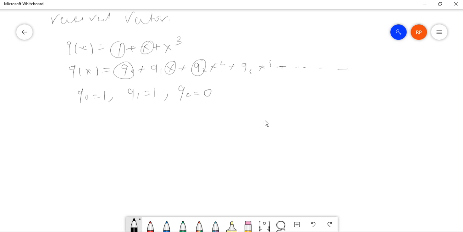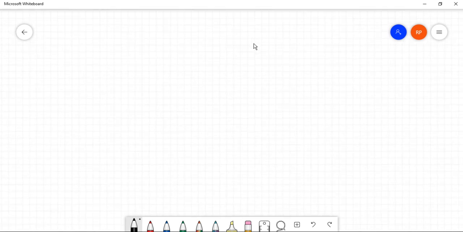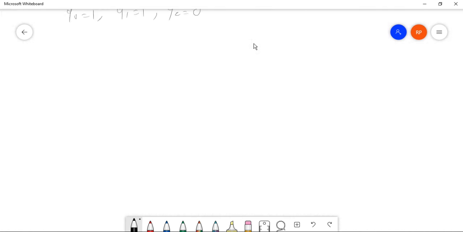So now we have to draw the syndrome calculation circuit. So first you draw 3 boxes as usual. The shift registers will always run from S0 to S of n minus k minus 1, as R0 was there previously. So here S0 to S of n minus k minus 1: 7 minus 4 is 3, 3 minus 1 is 2. So S0, S1 and S2. Till here these will run.